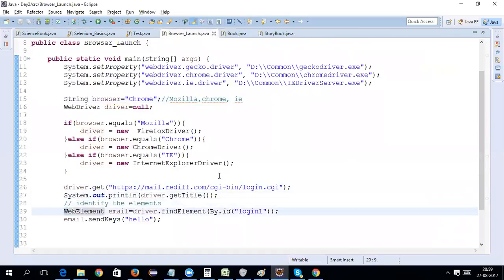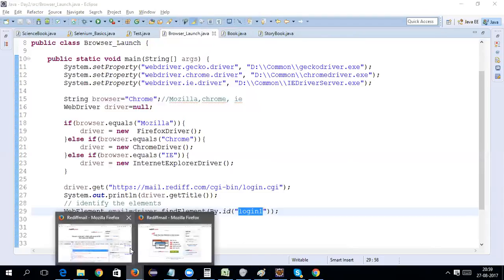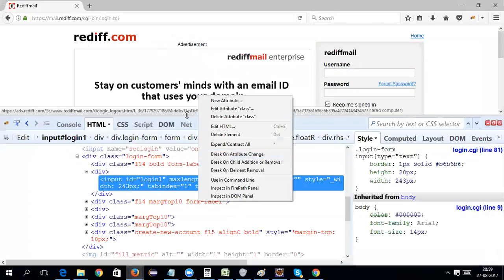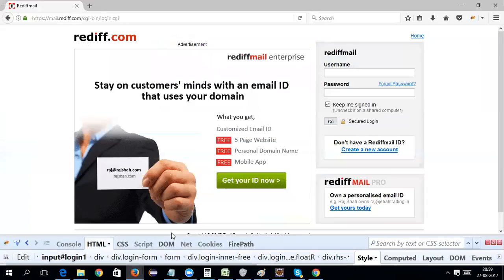Now the question comes up, what if there are two elements on this page with the same ID? Well, first of all, that should not happen. In case it is happening, then please understand the point that Selenium, when it scans the page,